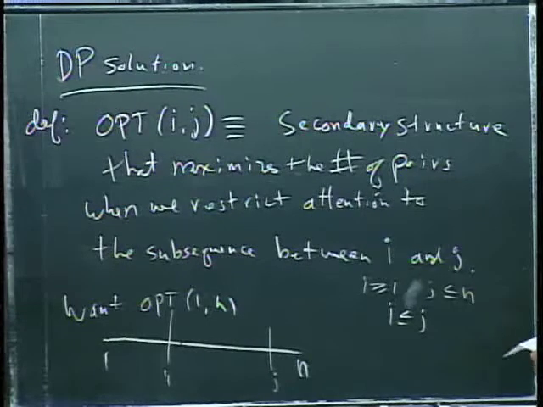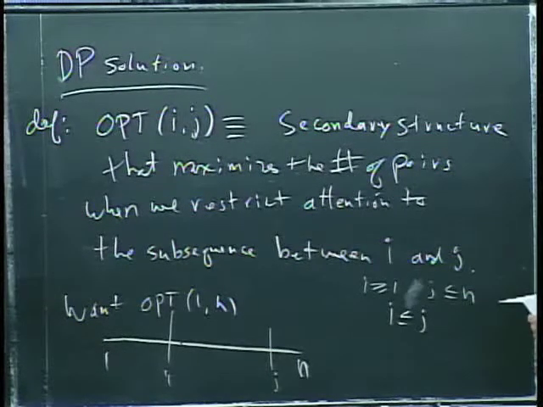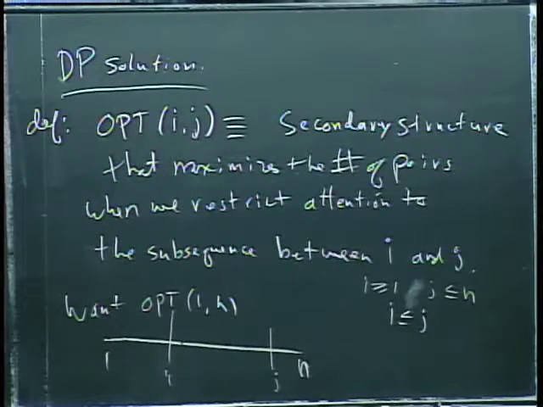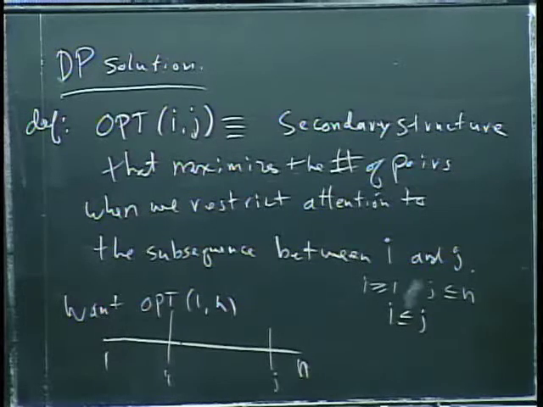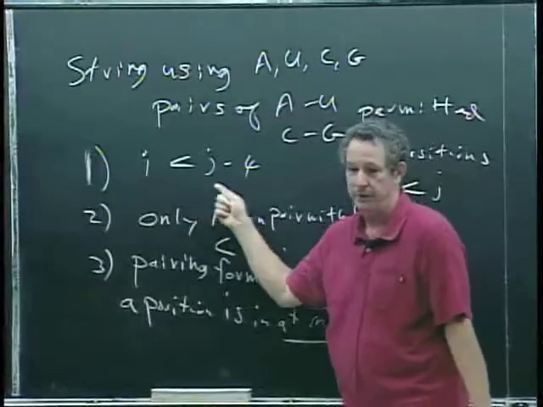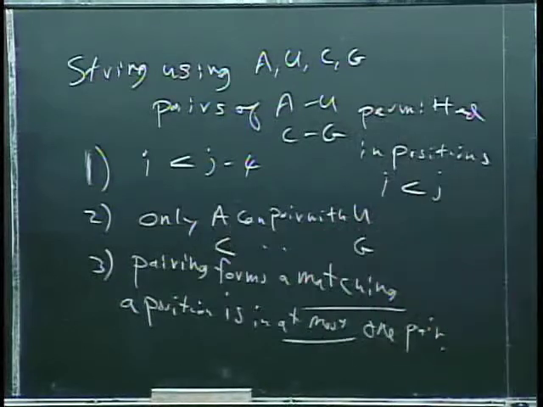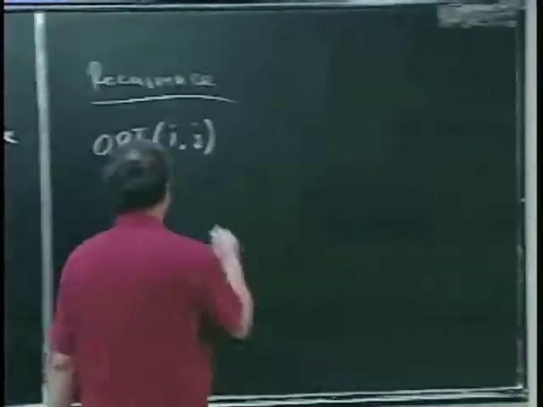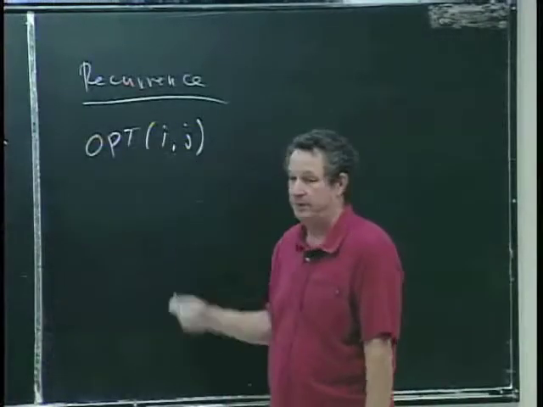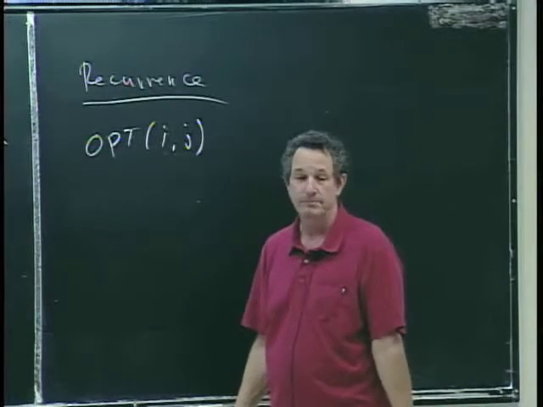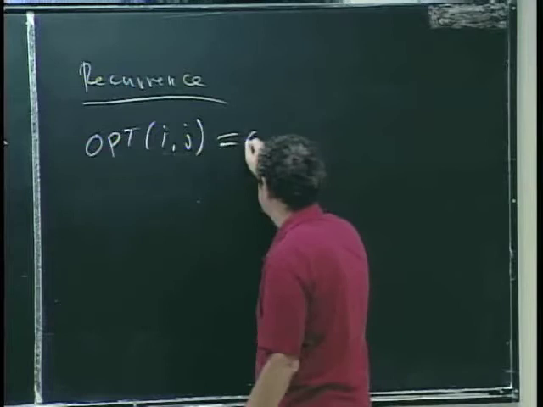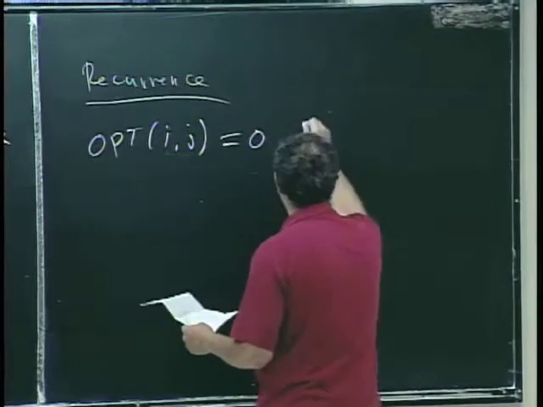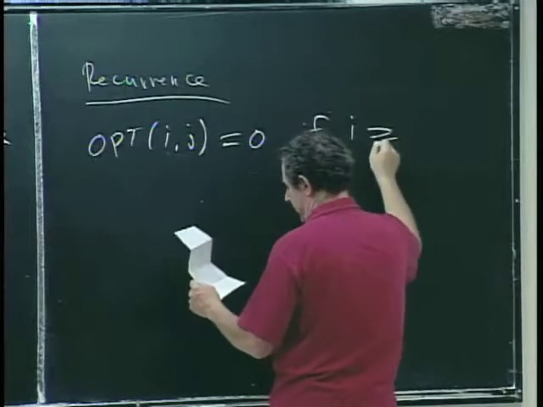So opt ij. Well, first of all, we need the base case. What happens if i and j are too close? Because we have this condition that they have to have at least 4 characters in between. If they're too close, and we're trying to maximize here, we're trying to get as many pairs as possible. If i and j are too close, then what should opt ij be? 0, right. So opt ij equals 0, and this is if i is greater than or equal to j minus